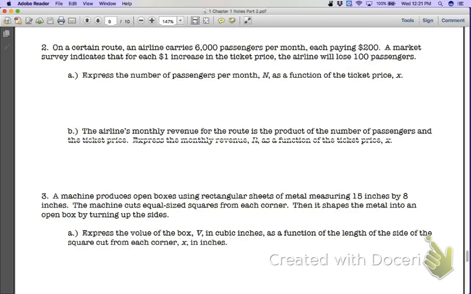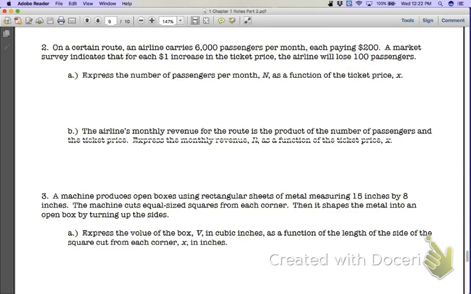So let's just say from Kansas City to St. Louis, 6,000 people a month, and each of them are paying $200 basically a trip. A market survey indicates that for each $1 that they increase the plane ticket, they're going to lose 100 passengers in the month. So it says express the number of passengers per month as a function of the ticket price